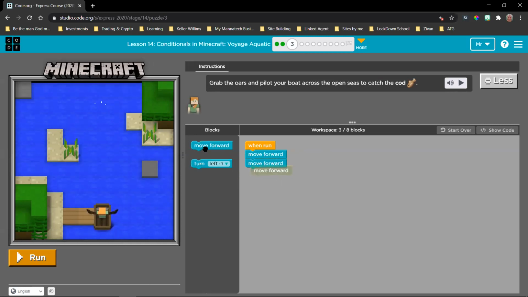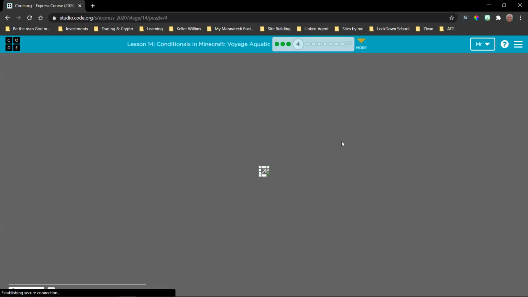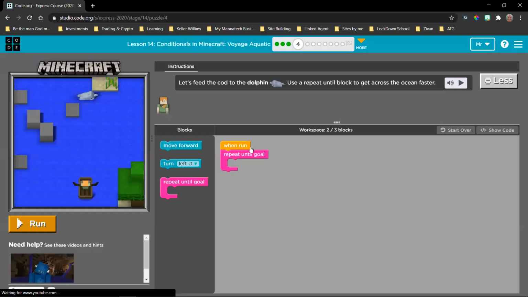Although we know how to repeat, they don't give us access to a repeat block. Right, so now we have our new repeat block.